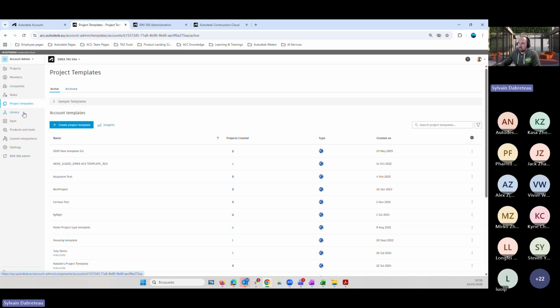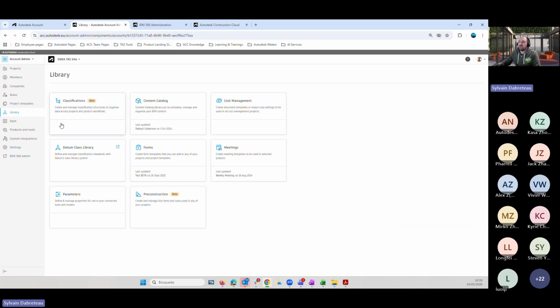The library, we have different things available in the library. Library would work with different tools setups that are available, like the content catalog access, cost management library, forms library.